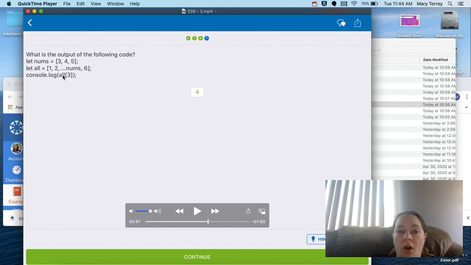So we're going to all. All has here would be our 0th location. This is our first location. Because it's taking these nums, this is now our third location, and this is our fourth location. So, but again, we're looking for 3 and it starts at 0. So 0, 1,